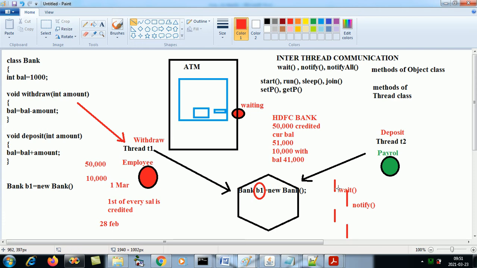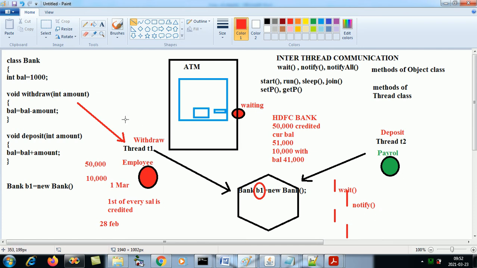So in wait, we don't have to wait for the entire thread to finish. Like in join, we wait for the entire thread to complete, and only then the second thread will start. In wait notify, you are waiting for a particular event, and once you get the notification, you will resume your job, and this thread can again keep on carrying on its other activities also.